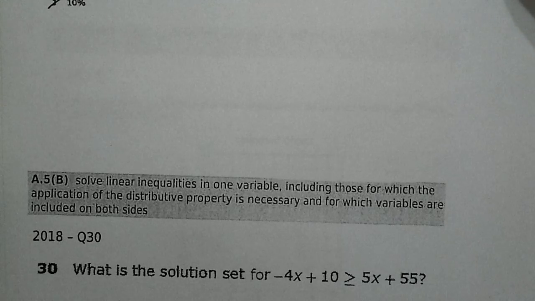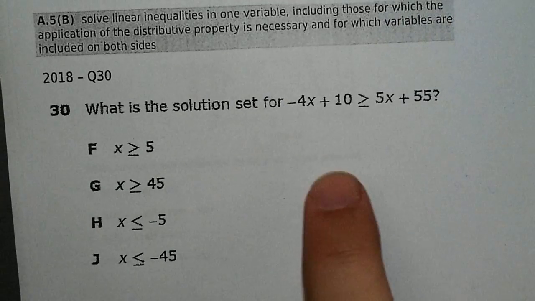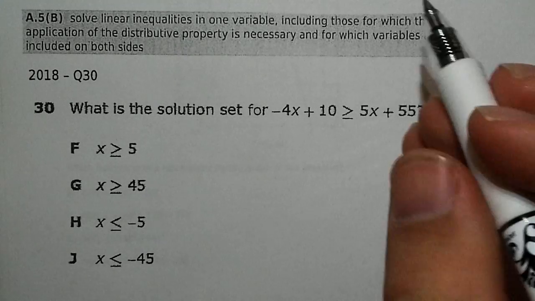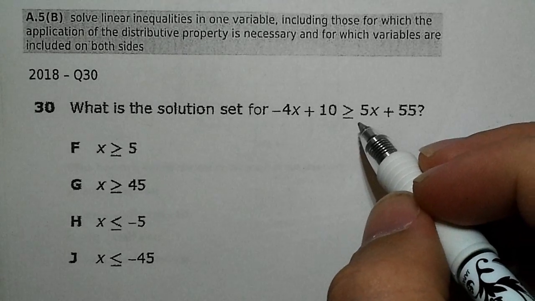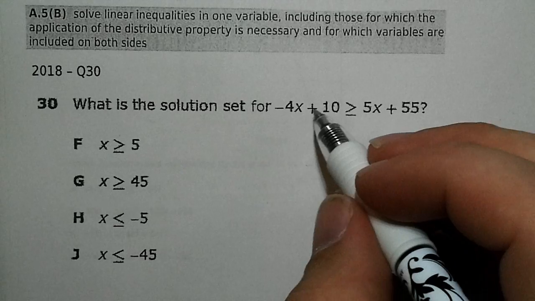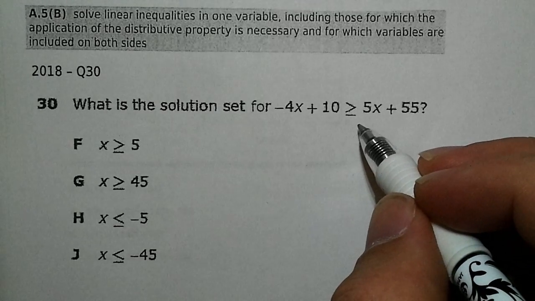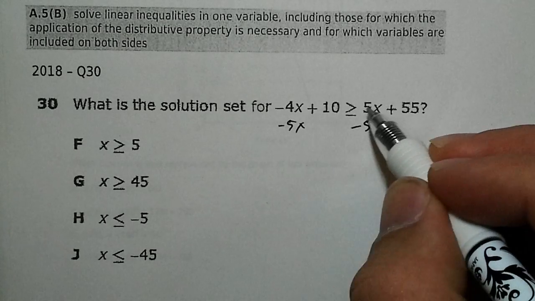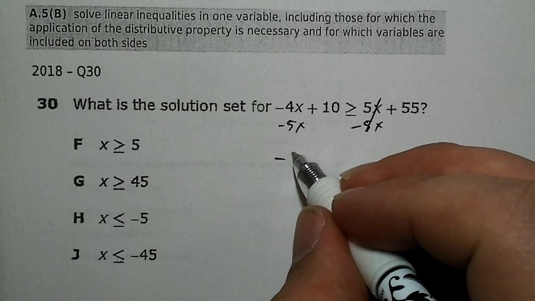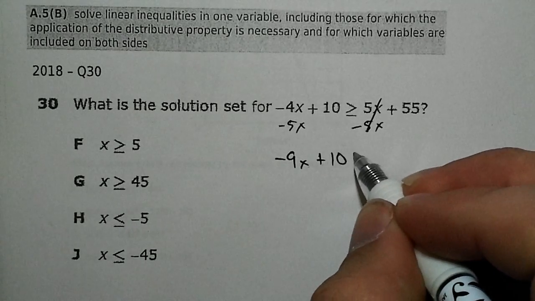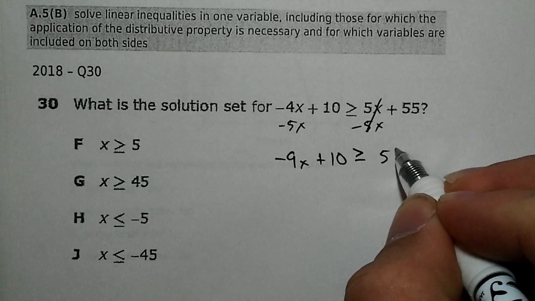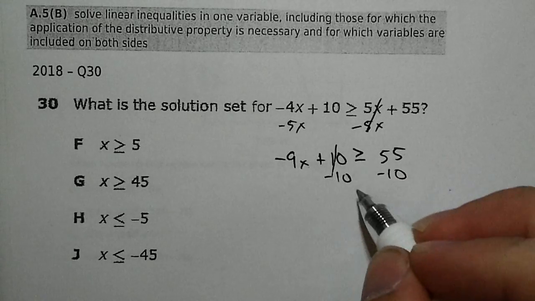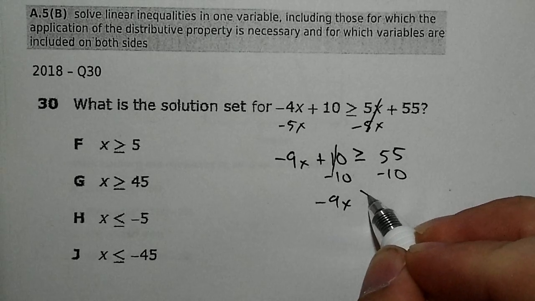Okay, next question says, what is the solution set for this problem? Well, we've got to get our x's by itself to solve it. I usually like to move my x's to the left, so I'm going to go ahead and move x's to the left. Those cancel. We get negative 9x plus 10 is greater than or equal to 55. Now I move my numbers to the other side, so minus 10. Negative 9x is greater than or equal to